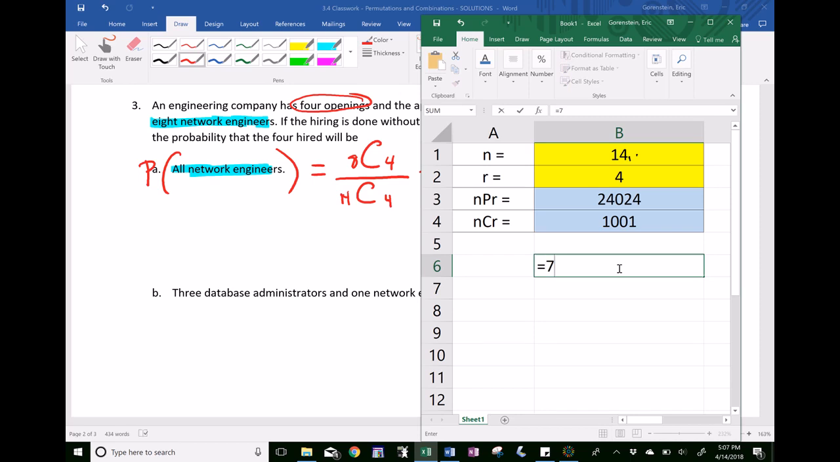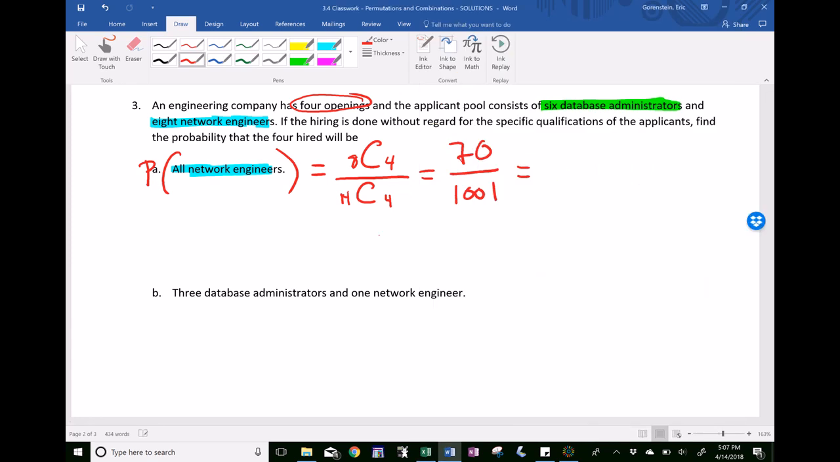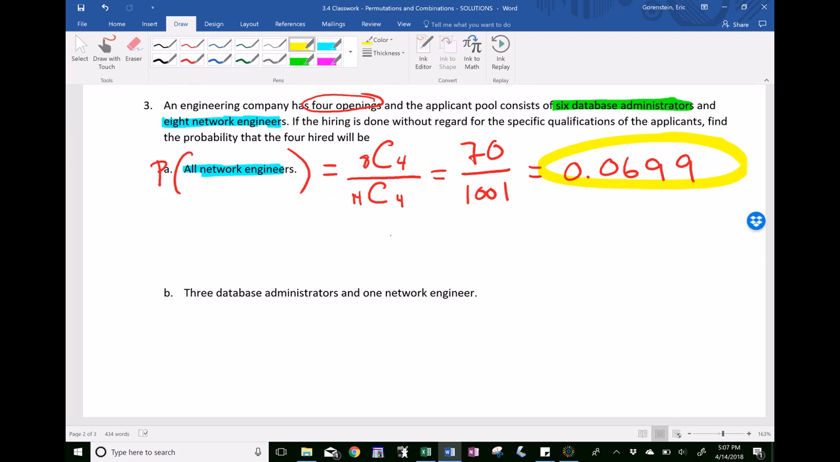Equals 70 divided by 1001, and let's round this to 4 decimal places, 0.0699. Okay, so that looks good. Yellow. Okay, so now in part B, what's the probability that of the 4 people chosen, we have exactly